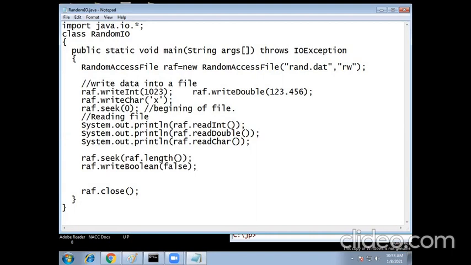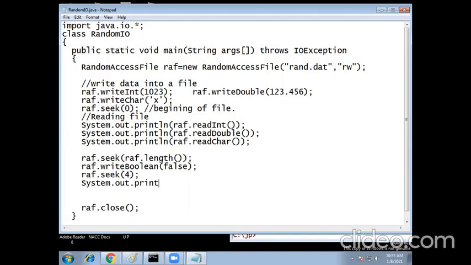And then move to the last position, RAF dot seek, suppose this is 4, the 4th record. System.out.println of readBoolean.